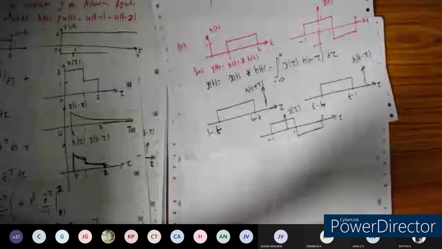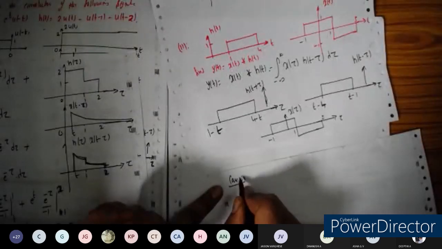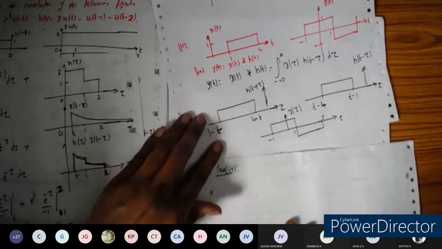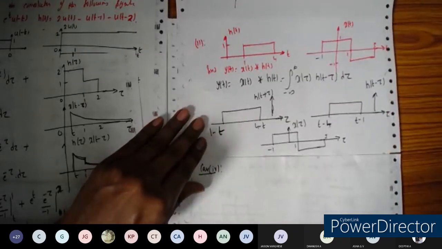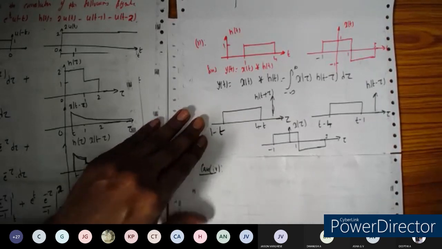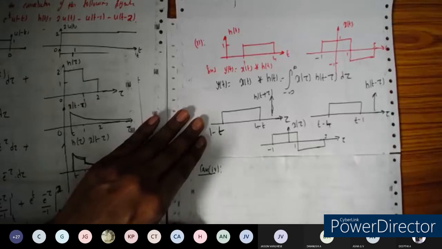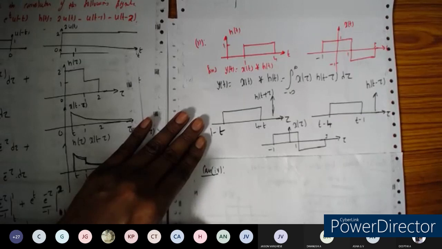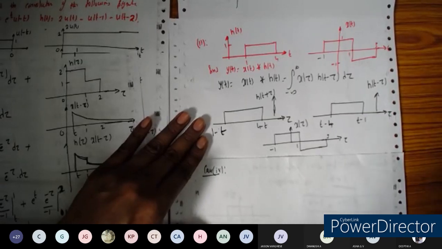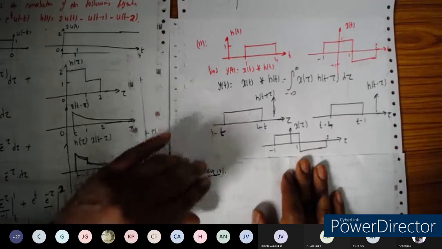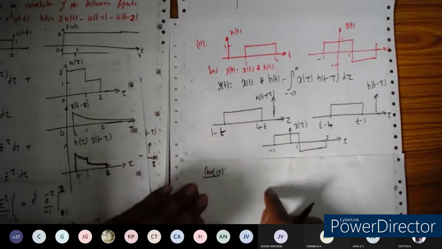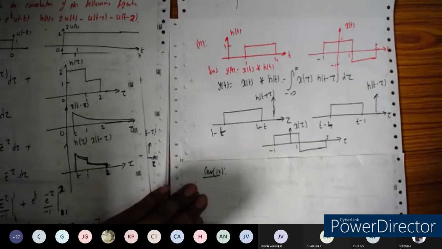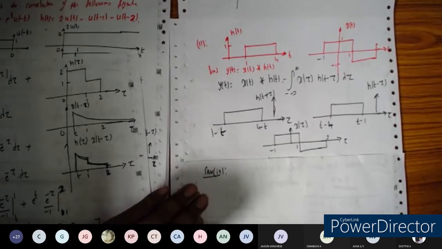So are the problems interesting, or boring, or complex? Interesting, boring, complex: three options, A, B, C. Which is the option you're going to reply? A is interesting, B is boring, C is complex, complicated. No reply: the last one means not understood anything. A, B, C, D. Which one?